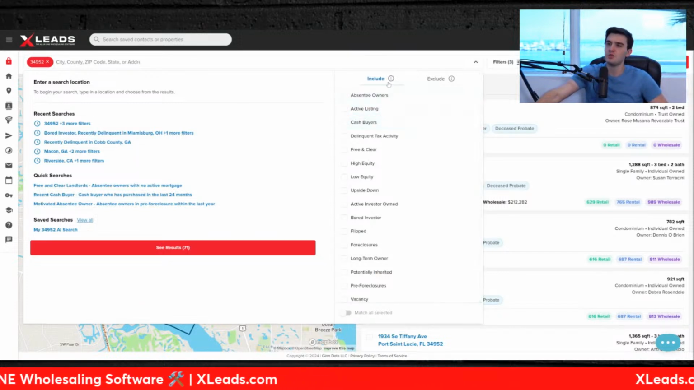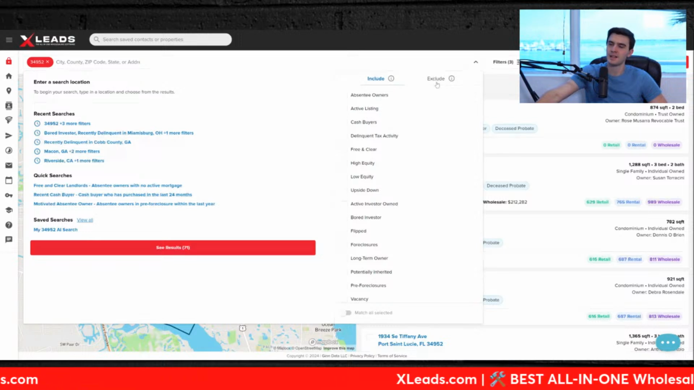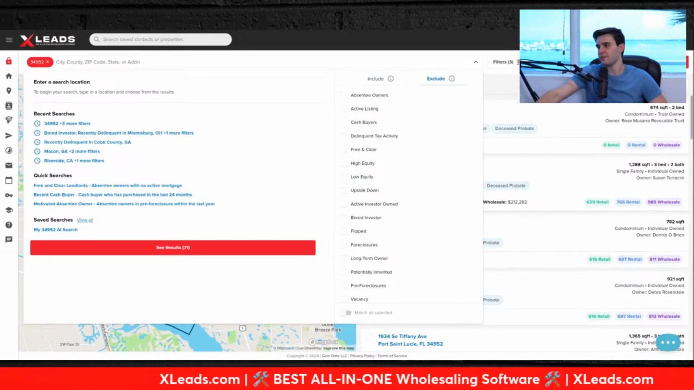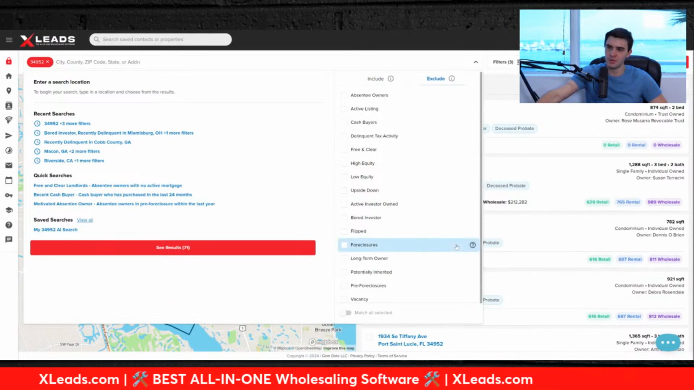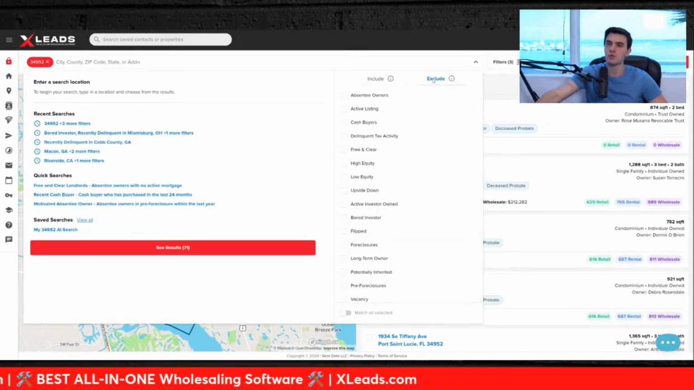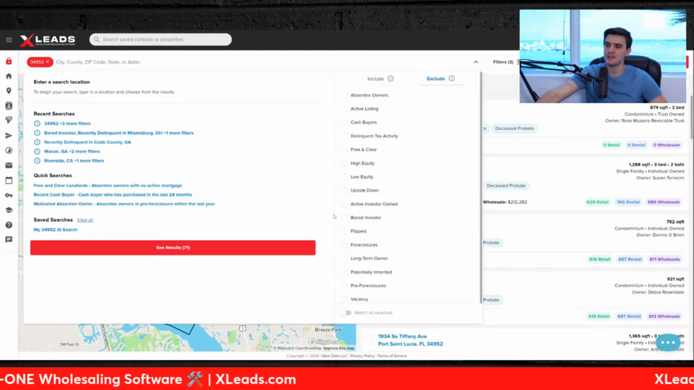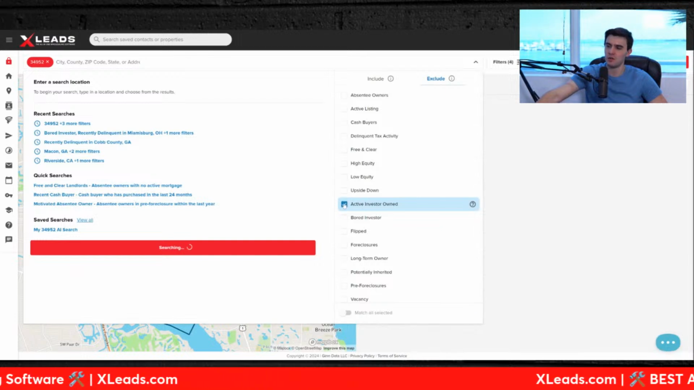But basically, when you're filtering, you can include stuff, which every software has, but it's cool that you can exclude things. Now, I'm finding a lot of investors owning a lot of real estate. So what I'm going to do is exclude, get rid of everything in this data set that is active investor owned. Now, you might be like, wait,